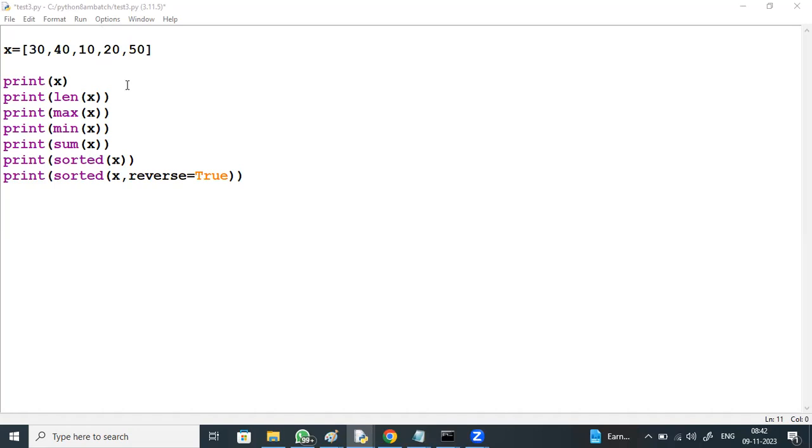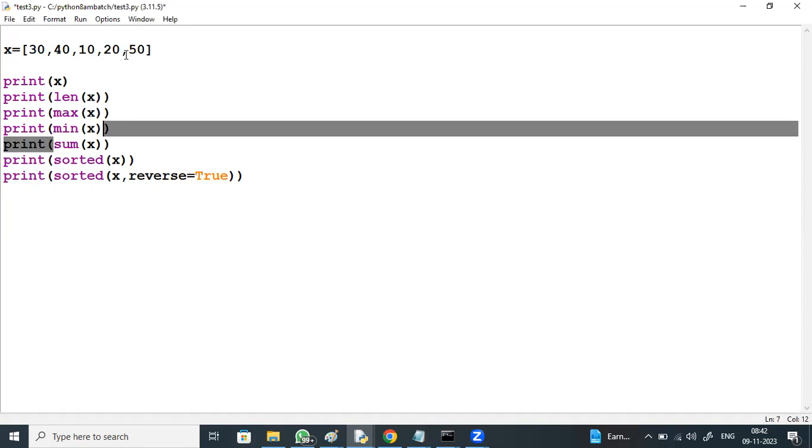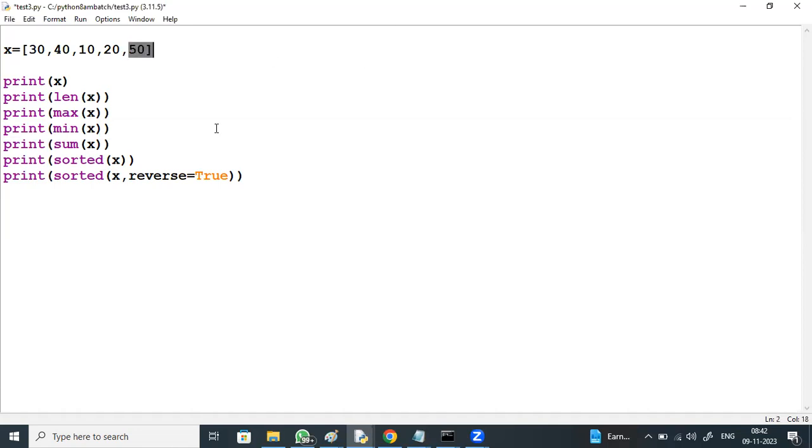Understood, right? So sorted of X, reverse. Max of X is 50, min of X is 10. Sum of X, the sum of all these elements, sorted reverse.